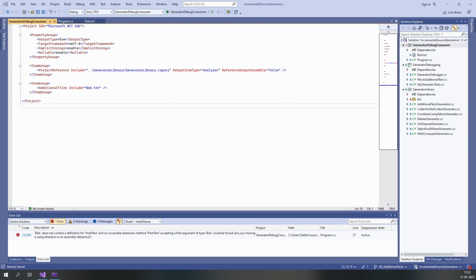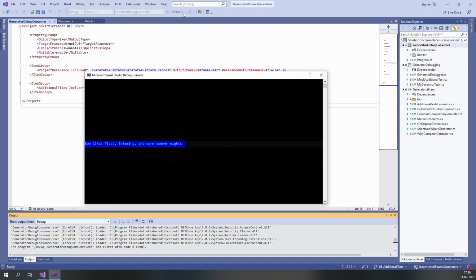The reason for this is that we first need to tell the project that bob.txt is an additional file. This is done by adding an item group to the CS project file. Inside the item group, we add the tag AdditionalFiles and tell it to include bob.txt as an additional file. If we don't do this, the generator won't be able to use the file. Now that we have done this, we can run the project again and see that the text has been printed